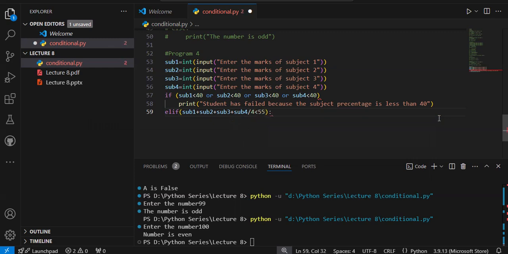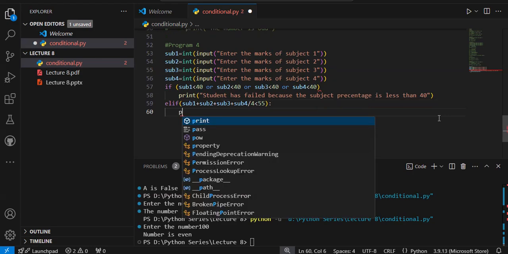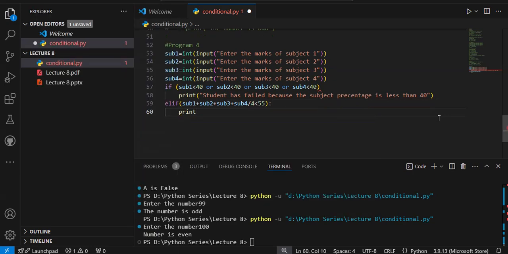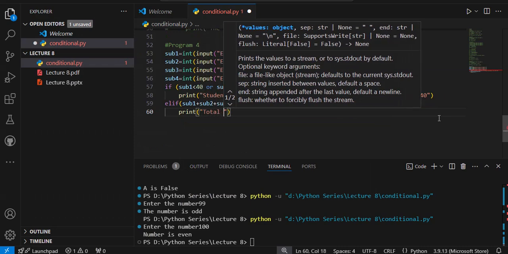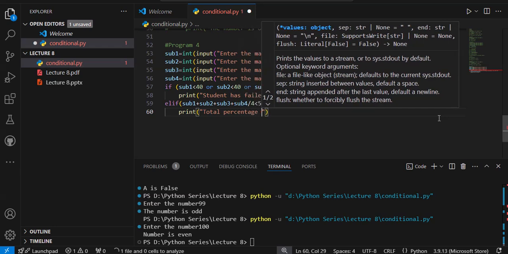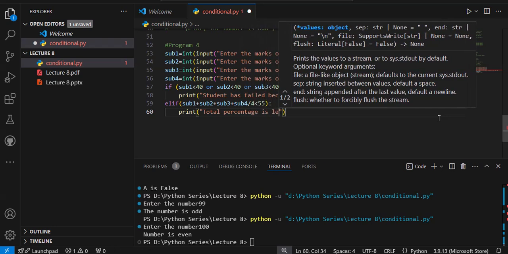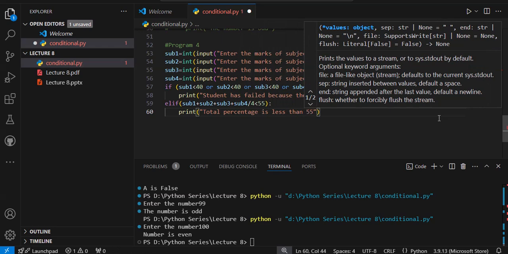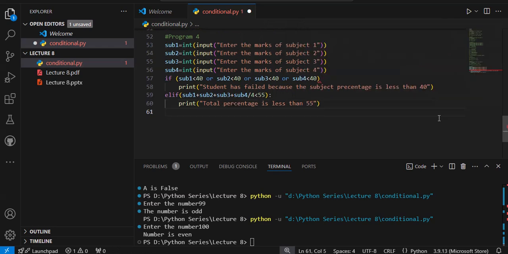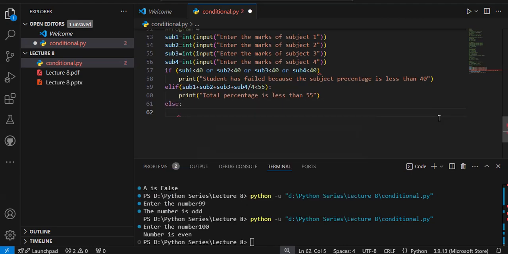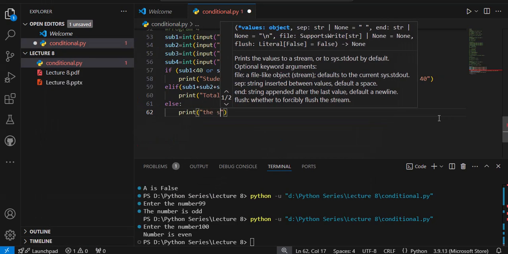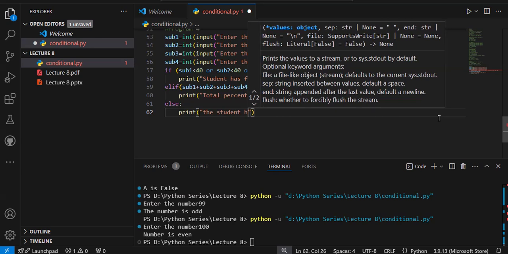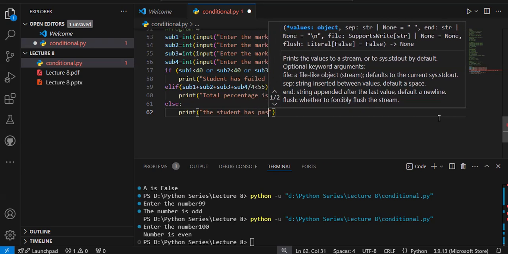If it is less than 55, then I will print total percentage is less than 55. Now if both the conditions are not fulfilled, then I will print the student has passed the